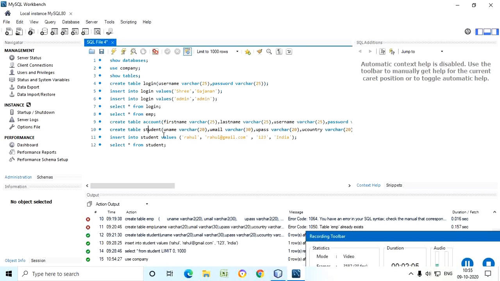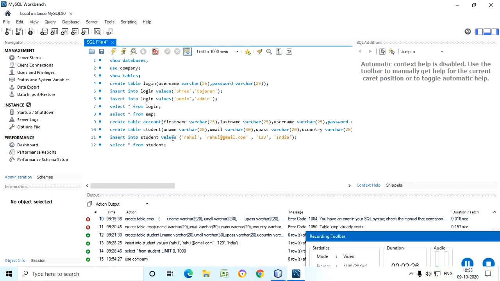The next part is that I have inserted some data into the table. The username is Rahul, the user mail is Rahul at gmail.com, and I inserted the user password and user country as well. I have considered that all attributes or columns are of type varchar.